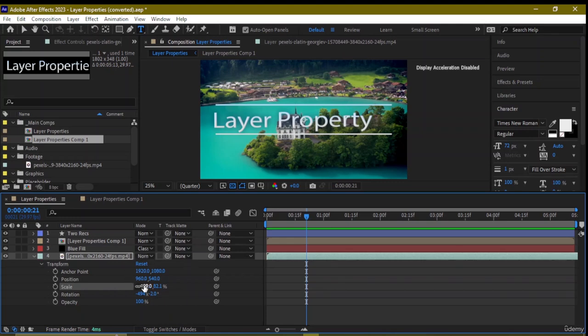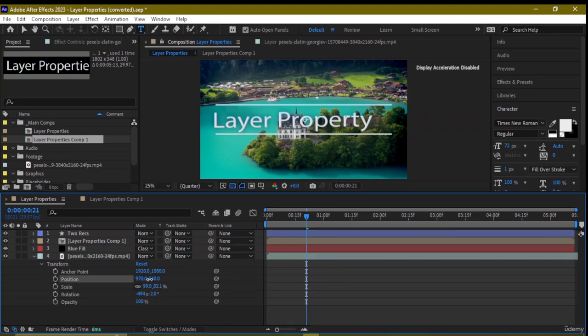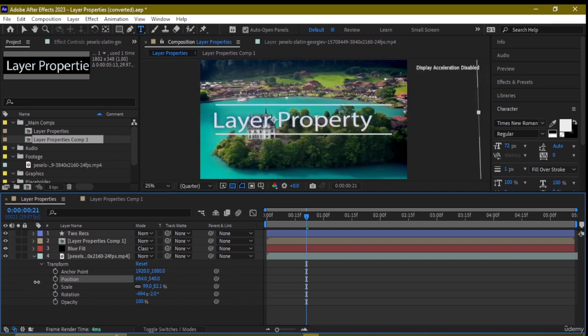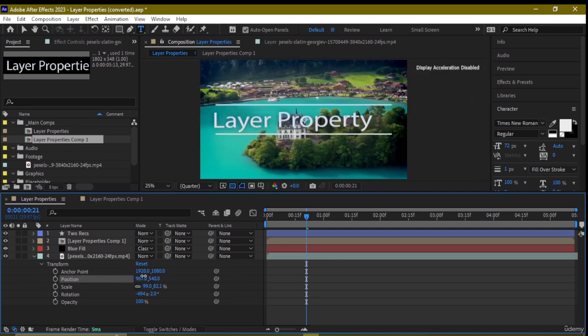To do that, I'm going to select position. This is also the same way. What you're going to do is fix it up by holding and going left or right, and then you will get your result. Now, one thing you will ask is how will I be able to rotate it